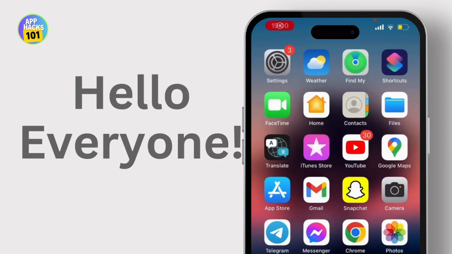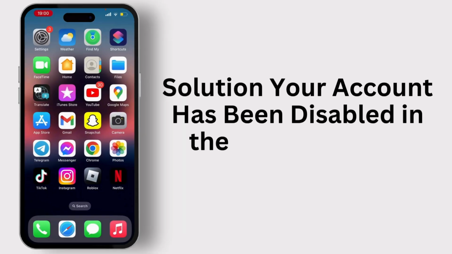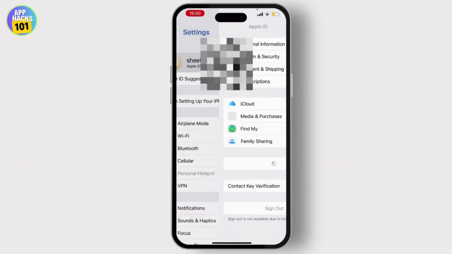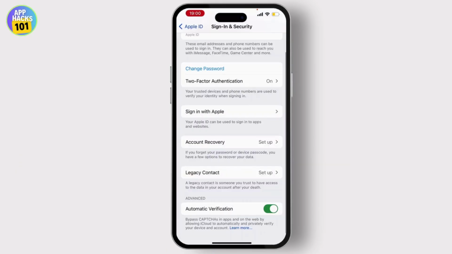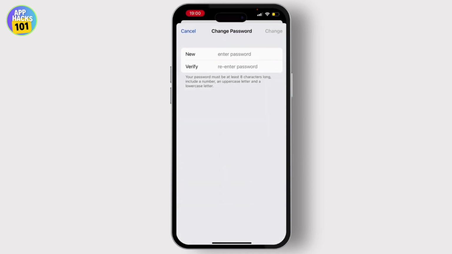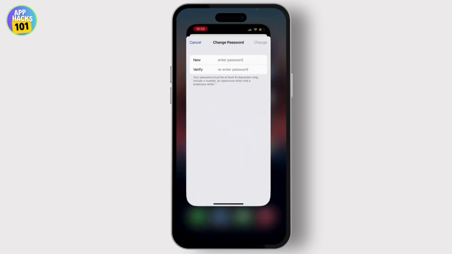In this video, I will guide you through a solution for when your account has been disabled in the App Store and iTunes. For that, launch your Settings and go through your Apple ID. From there, select Sign In and Security and then choose Change Password. Once you go through the Change Password, enter your new password, then verify your new password and hit on the Change. After doing this, if it is still not solved, then go through any browser you have in your